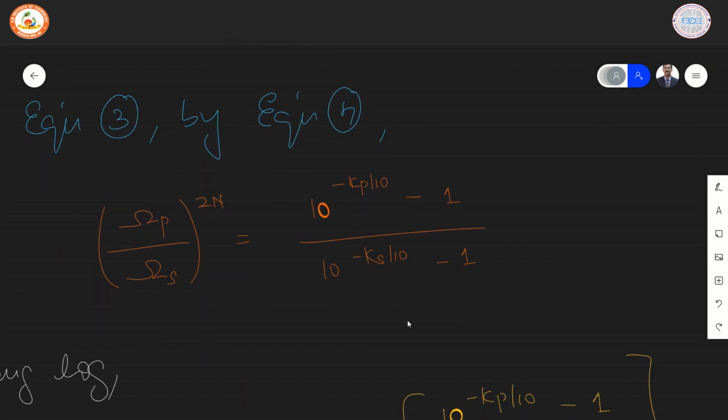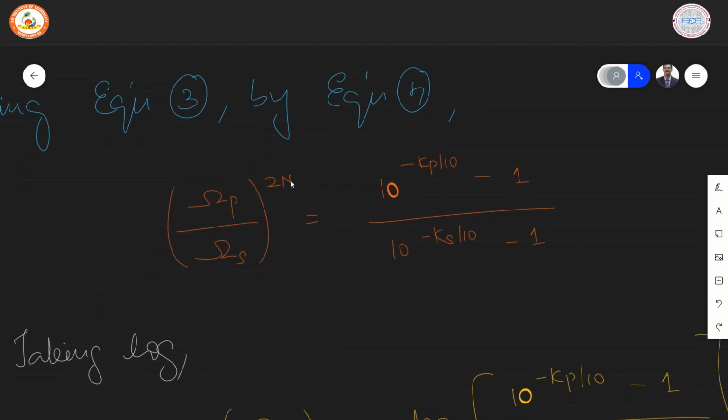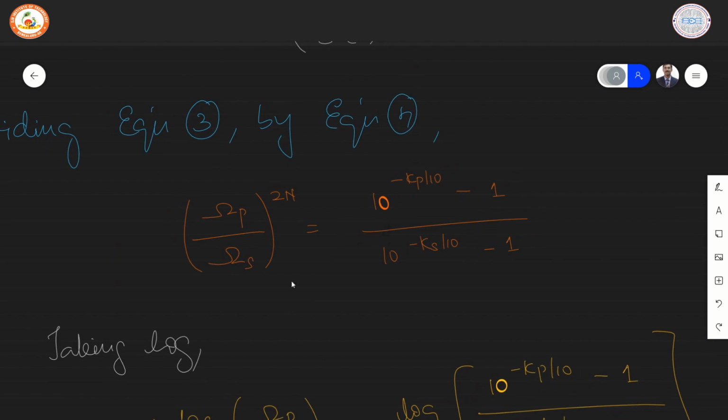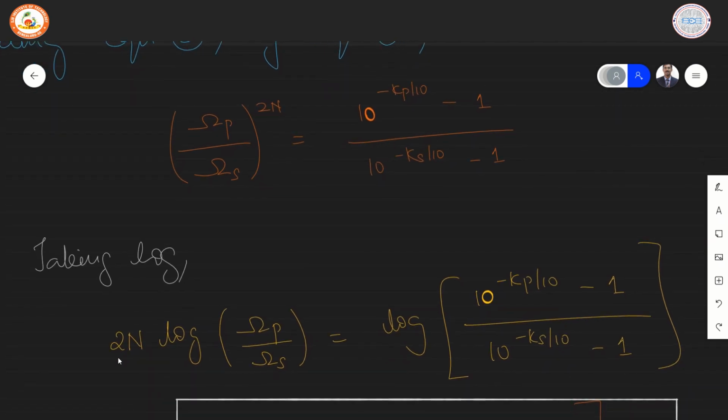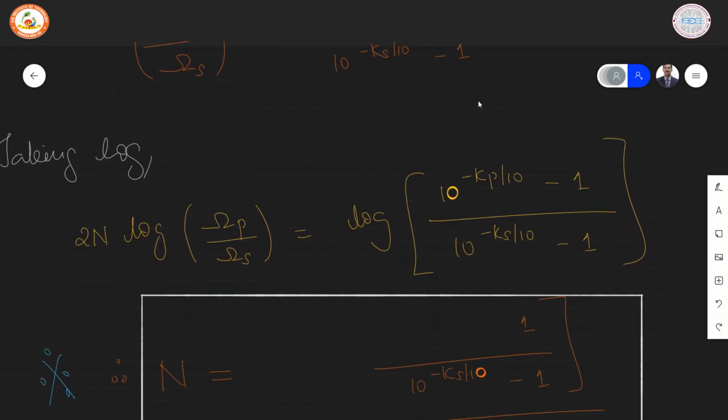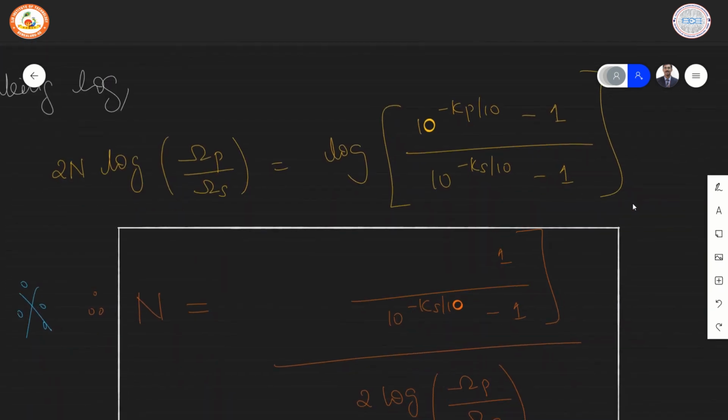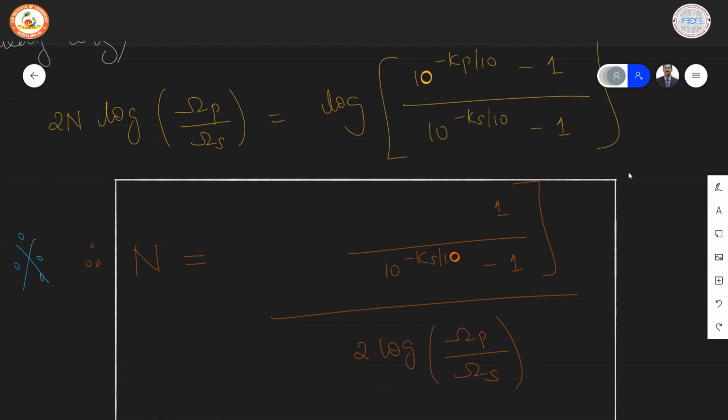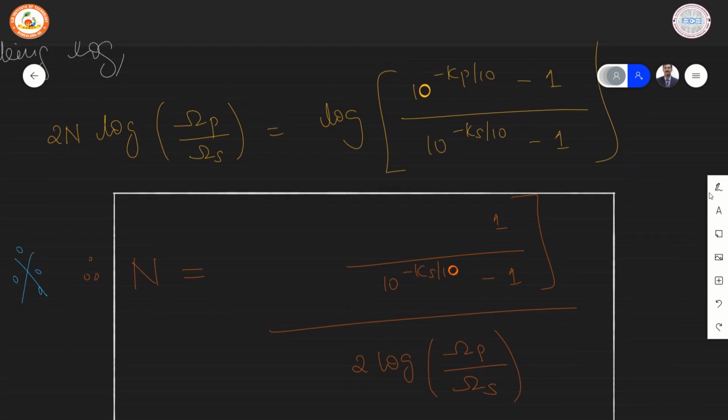Now, in order to solve and get the value of n, we have to apply log so that n can be brought outside. Taking log on both sides, we get 2n times log of omega p by omega s, which is equal to log of the ratio. Solving for n, we get the result as shown here. The result will be equal to